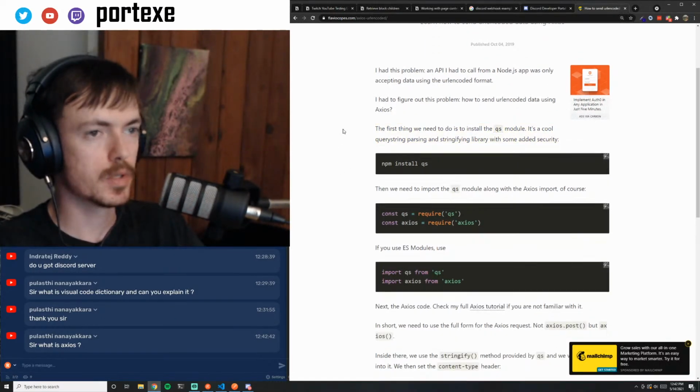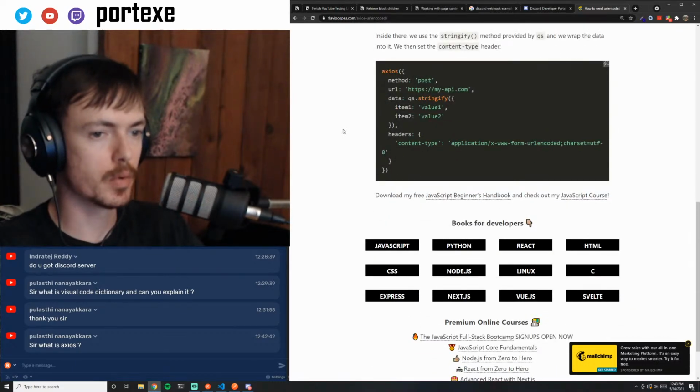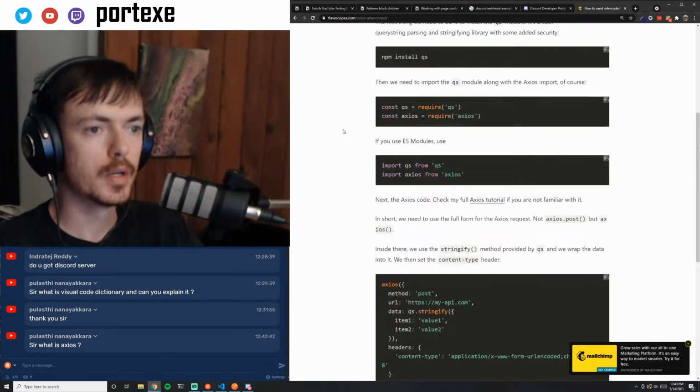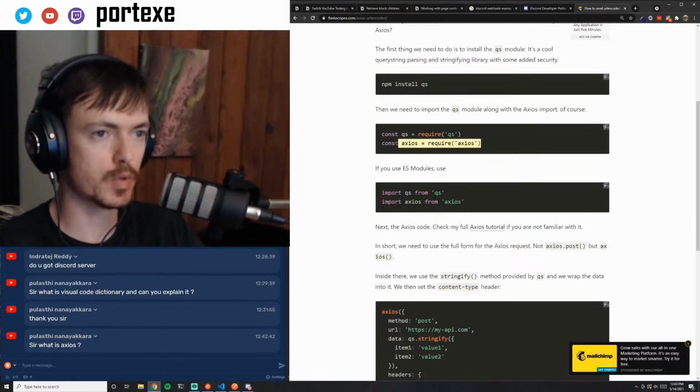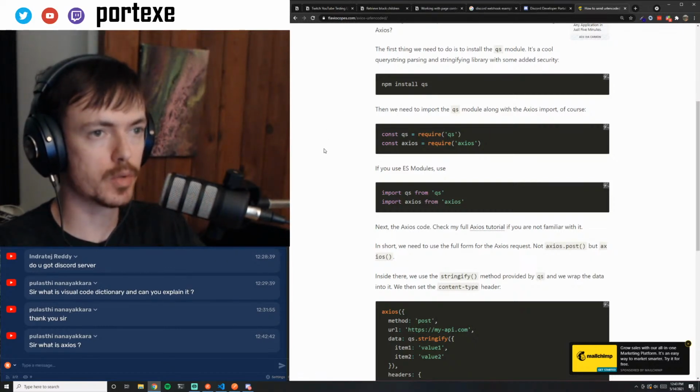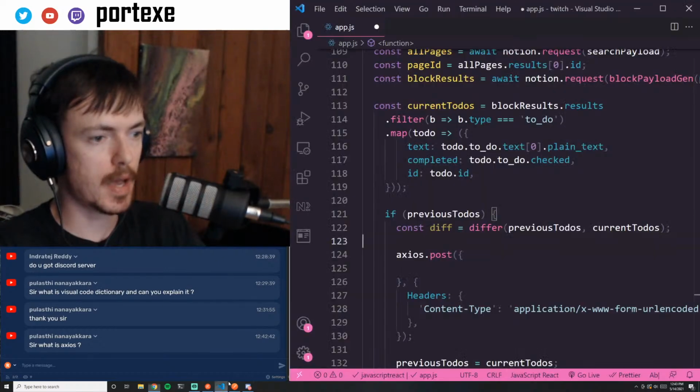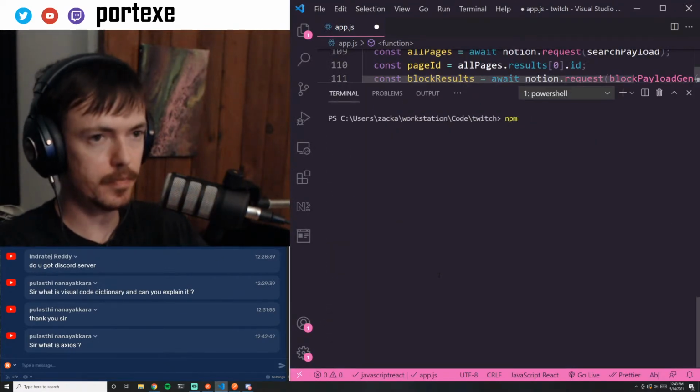Sir, what is Axios? It's a library for making HTTP requests. It's pretty much the standard. Most people would probably end up using the Fetch API if they were in a browser, but since we're using Node.js outside of a browser, we need to bring our own HTTP library, and that happens to be Axios in this case. So I need to actually install QS,